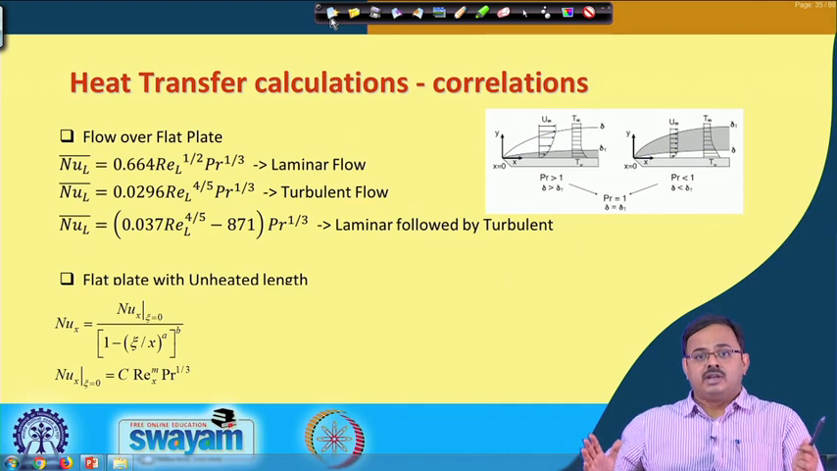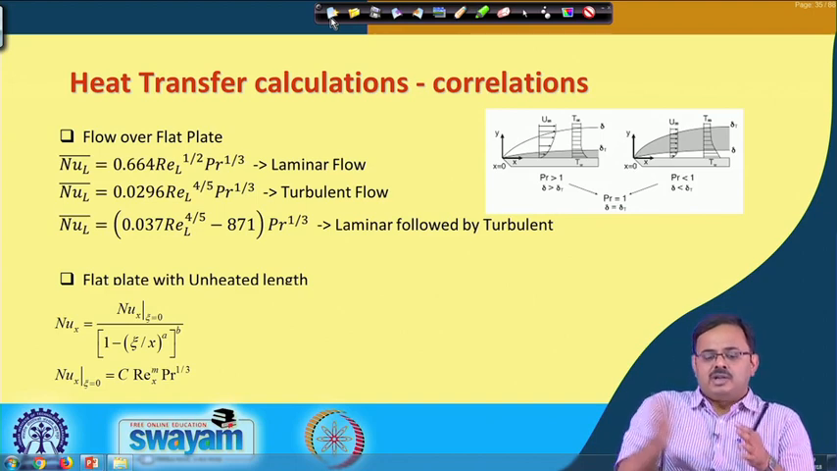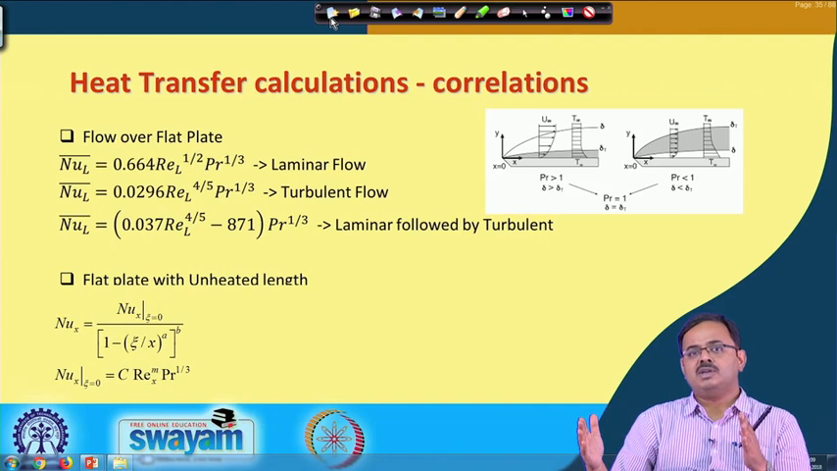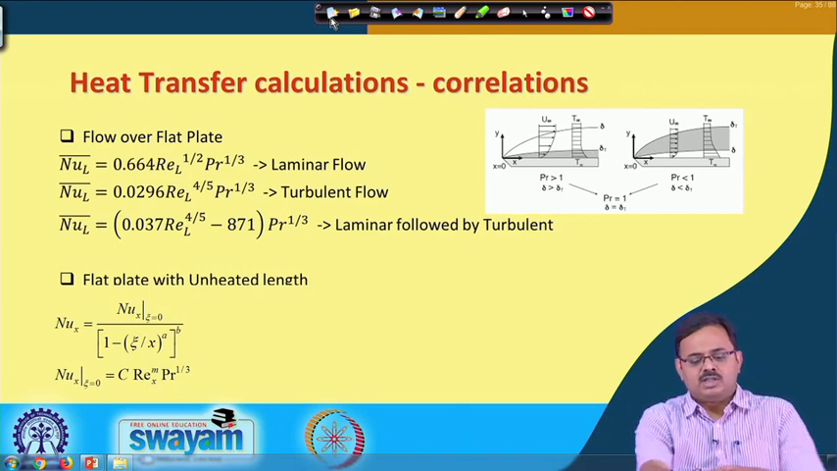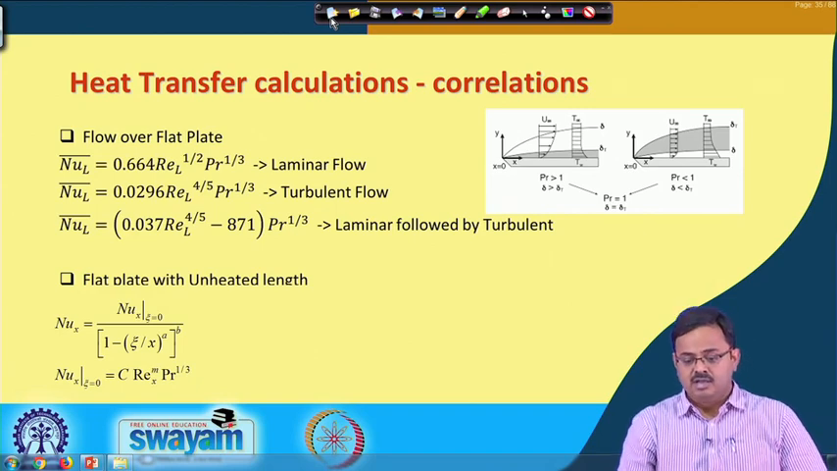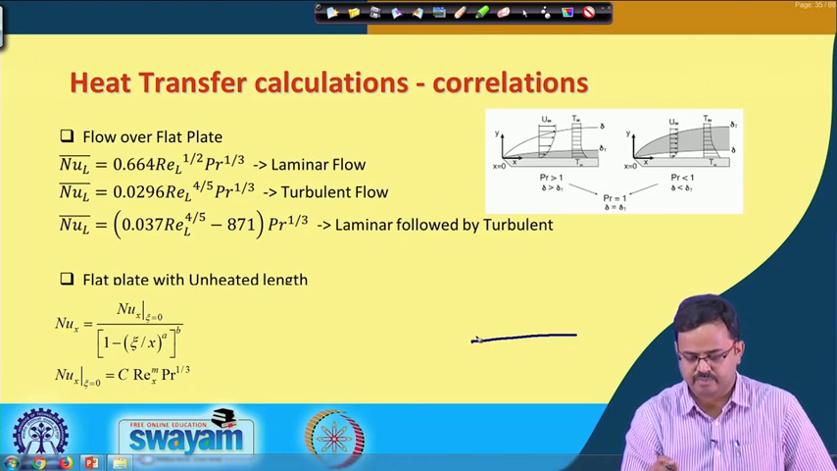So, that is fully turbulent, but otherwise if you just let the flow develop and finally transition from laminar to turbulent, it is going to do it after a certain length, when the Reynolds number is higher than the critical Reynolds number, and the correlation to be used is the third one. Flat plate with unheated length. What is that? That is a case when, sorry,